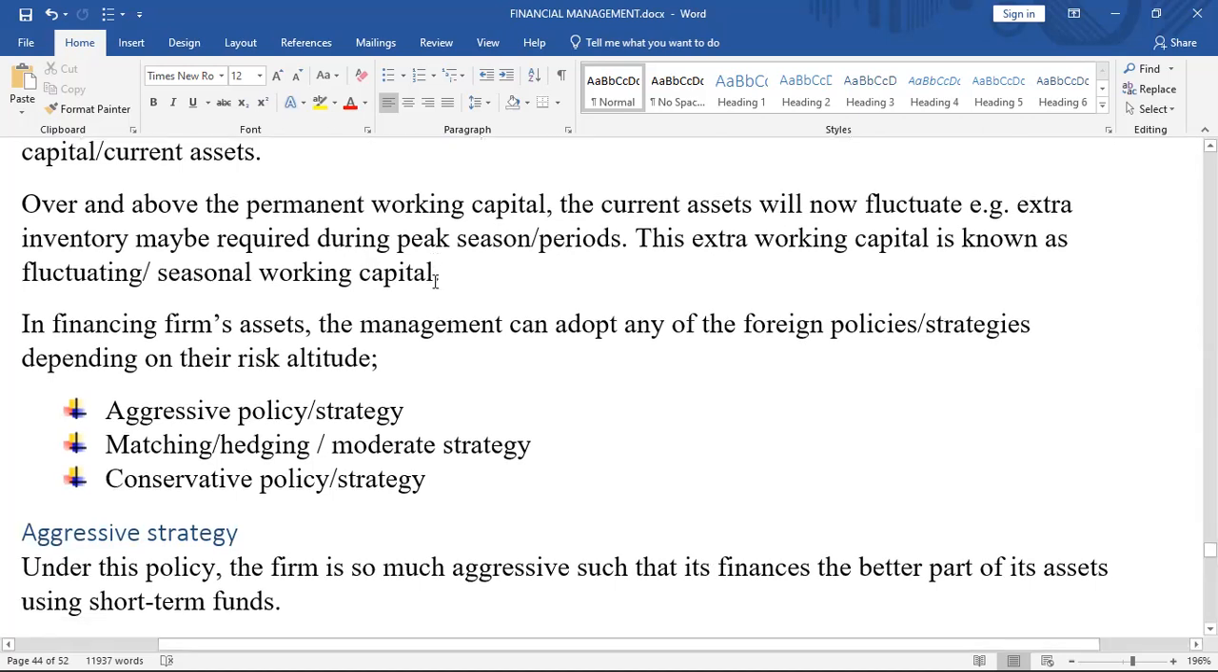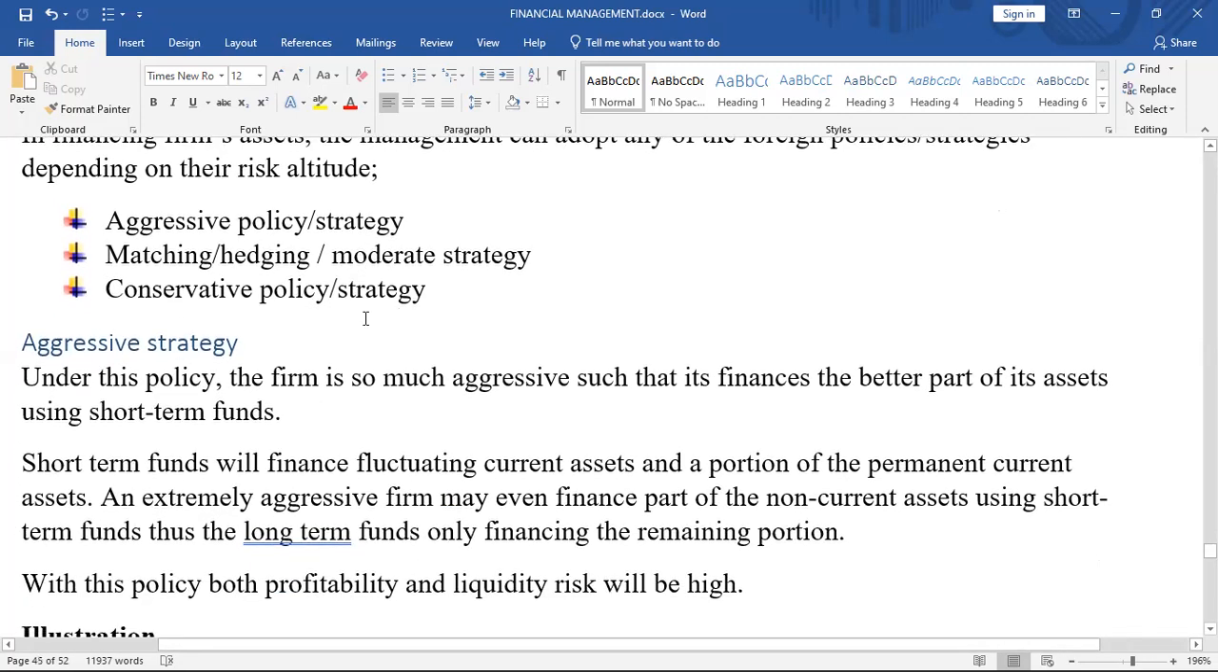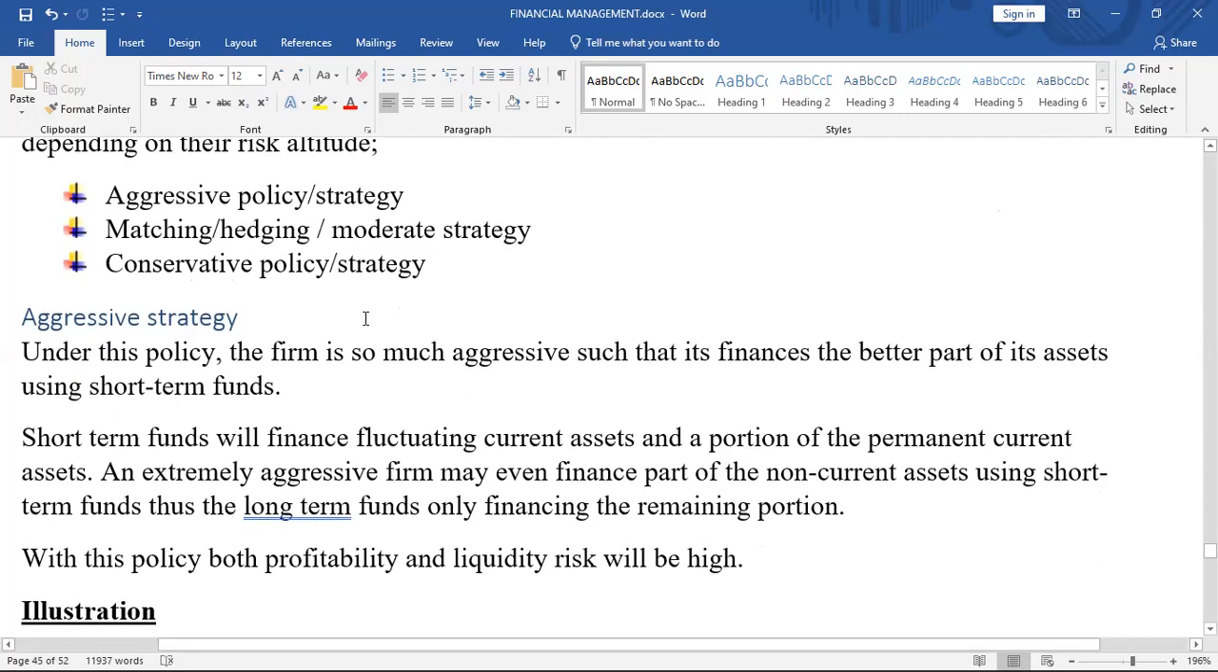Then the last one, we are discussing the aggressive policy strategy. I just want to look at what this aggressive strategy entails. Under this policy, the firm is so aggressive that it is financing the better part of the assets using short-term funds. The short-term funds will finance fluctuating current assets and a portion of the permanent current